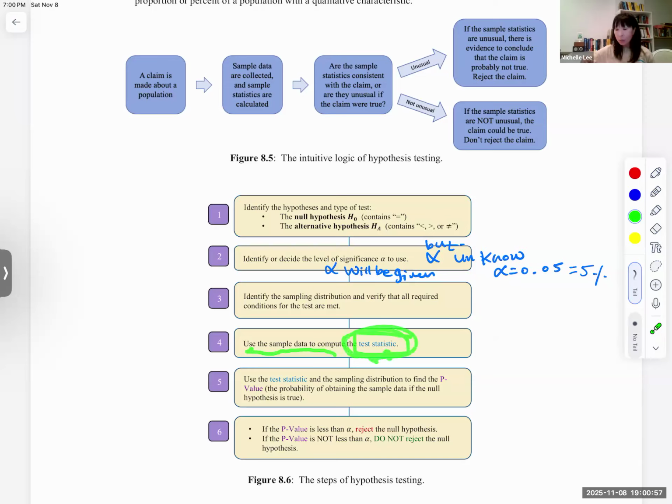Now use the sample data to compute the test statistic. So this is brand new terminology. We're going to talk about that later. And then find the p-value. And if the p-value is less than alpha, we do reject the null hypothesis test. If the p-value is not less than alpha, we do not reject the null hypothesis test, or fail to reject